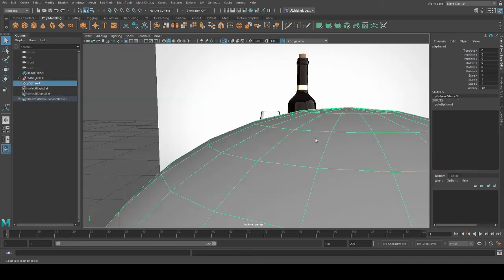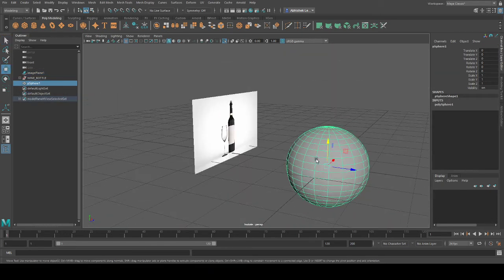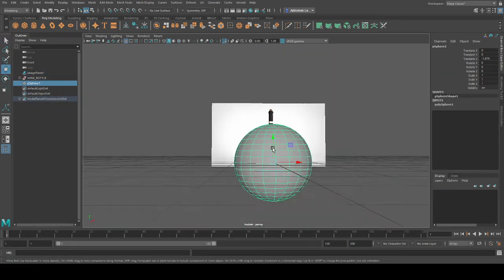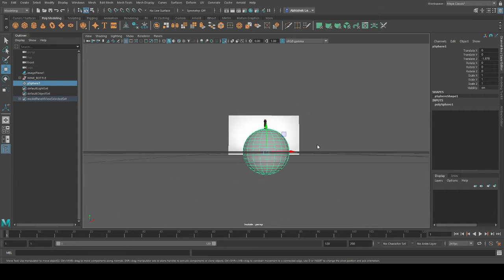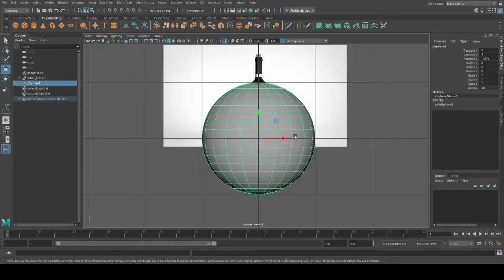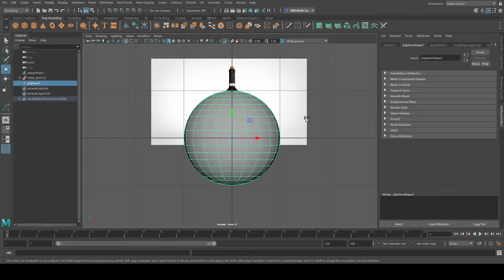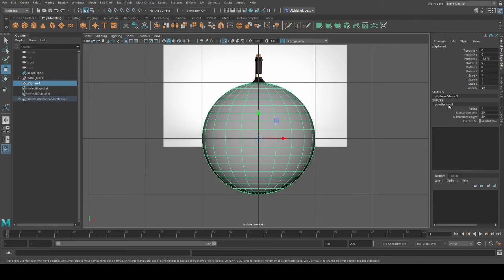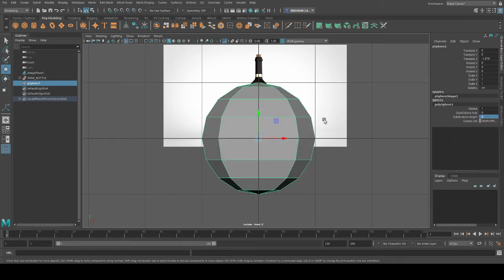Okay, I'll take a sphere now. This is a sphere. You know what a sphere is, right? A 3D circle. Now same thing, it's a high poly mesh. I have to make it low. What will I do? Channel box. This is a channel box. Control A. Sphere. You can see 20 20. I'll make it 8 8. Wherever you see 20 20, make it 8 8. Now this is a low poly mesh.